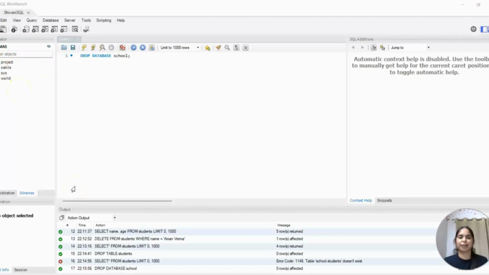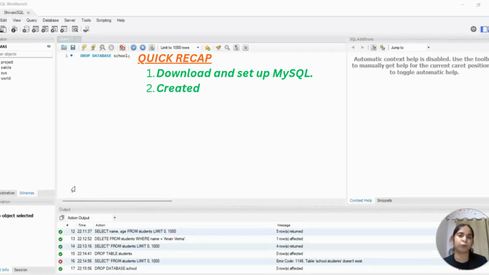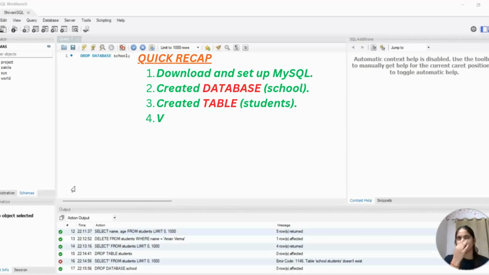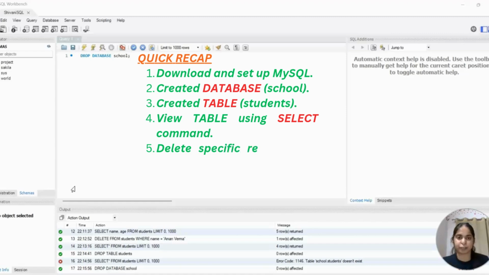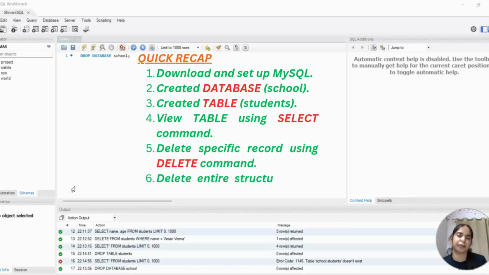So let's quickly recap everything we did today. Firstly we learned how to download and install MySQL on your system, and then we created a database and a table. Inside the database we created a table named students. The database name was school, and then we inserted and viewed data.